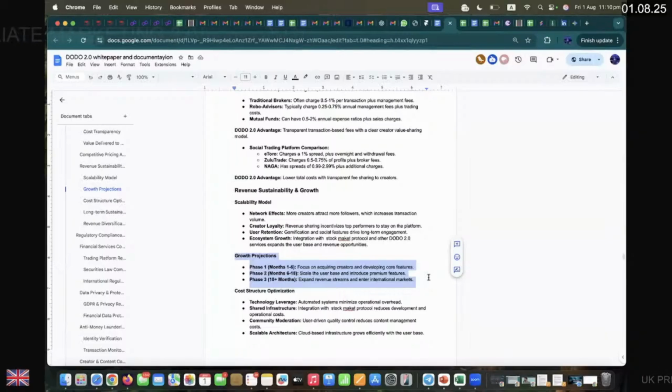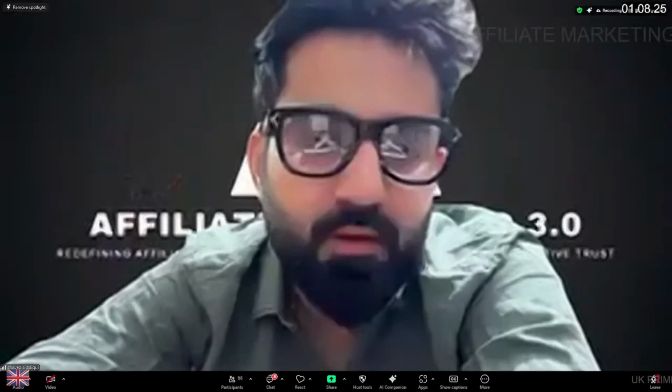So this is how big gigantic platforms in the world who are compliant operate, and this is how we are going to operate, giving equal importance to the smallest and the most minor details to the major jurisdictional and regulatory framework. Having everything in mind, we have developed DODO 2.0 in a very comprehensive way, and we are ready to go live with crypto trading, with crypto index trading, followed by stock market integration protocol.